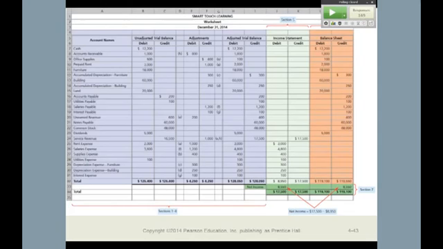Also, you're able to move accounts into income statement and balance sheet columns. If you look at the last four columns, the two income statement and two balance sheet columns, you'll notice, and I'll put this up on the doc cam in a second, that in the income statement columns, before you account for net income, it does not balance. And in the balance sheet columns, before you account for net income, it does not balance as well. So I wrote on this one, so I hope you can see the numbers a little bit better. Let me just bring this in a little bit. Okay, there we go, because some people told me they were having trouble seeing this.